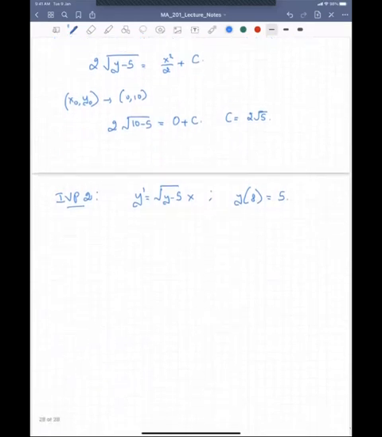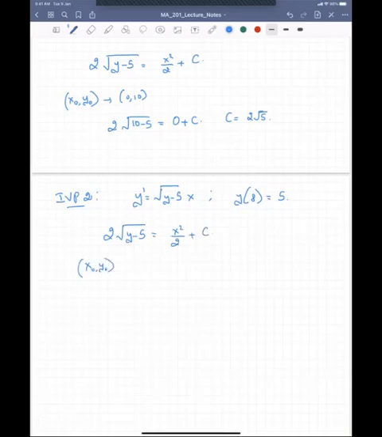Once again, you can solve for c, and then at this point, you would probably wonder why I am boring you in the morning. But a little patience, I have a point to make. So 2 times square root of y minus 5 is again x squared over 2 plus c. But this time, my x0, y0 is